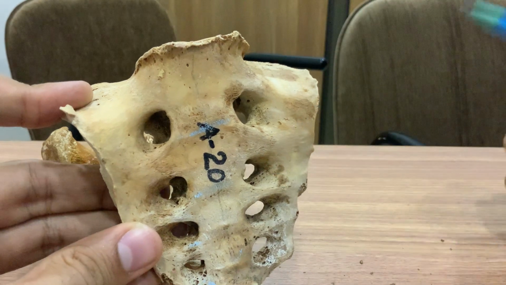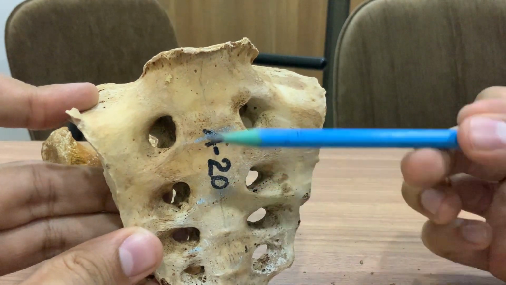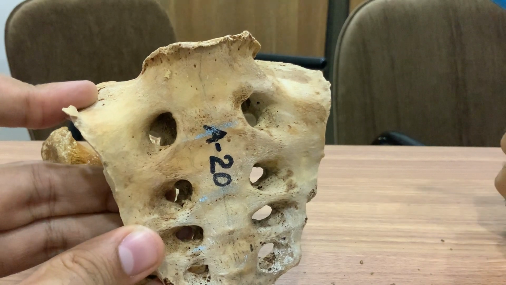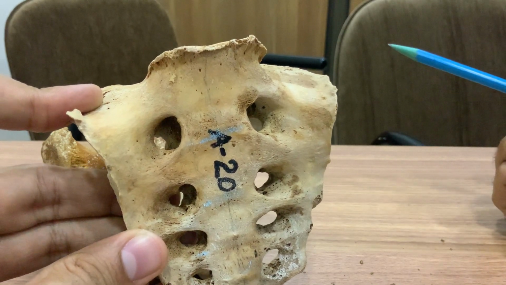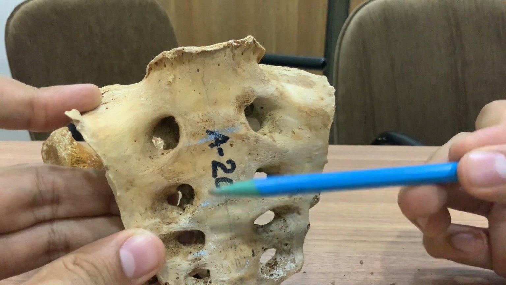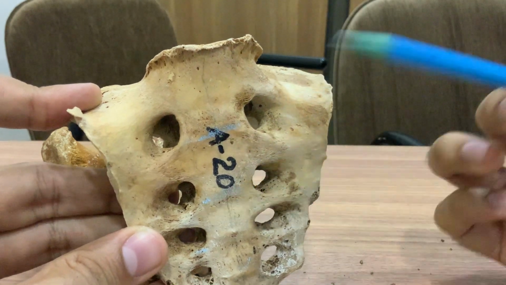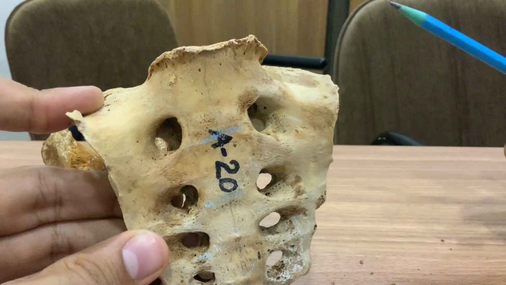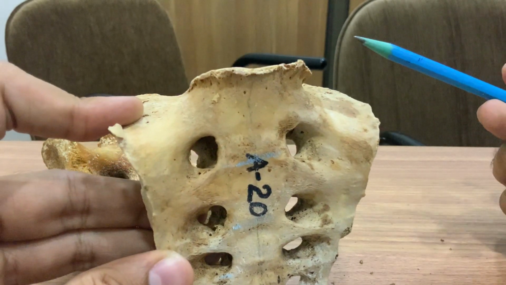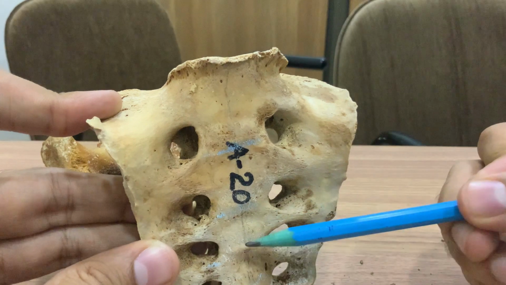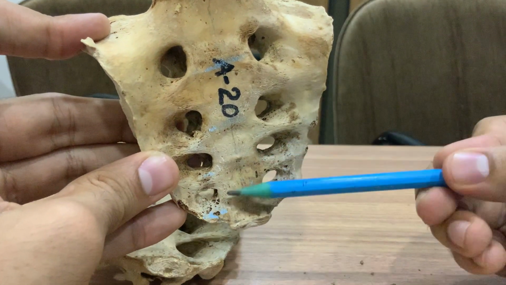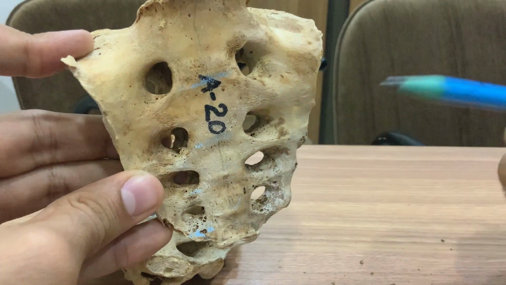Okay, and anterior to the peritoneum, over here, there is what? There is the presence of the rectum. So the upper one half of the sacrum is related to the rectum, and anterior to the rectum there is the division of the superior rectal artery just in front of the third sacral vertebra.